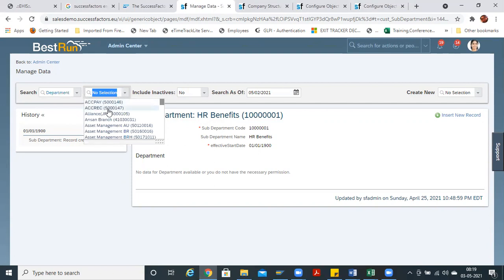Okay, I have not given the name, I have given account payable and account receivable for finance, and then benefits, I guess.